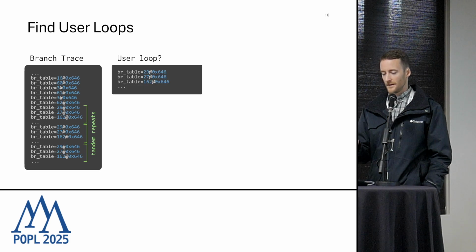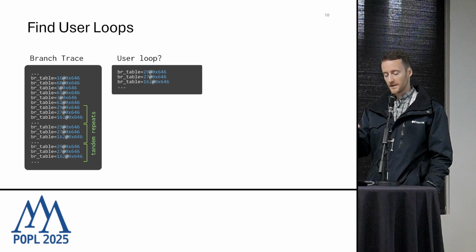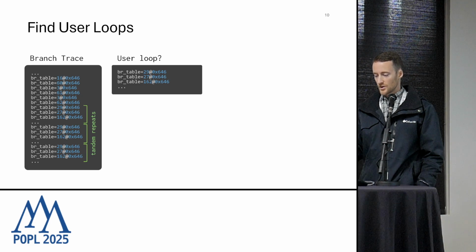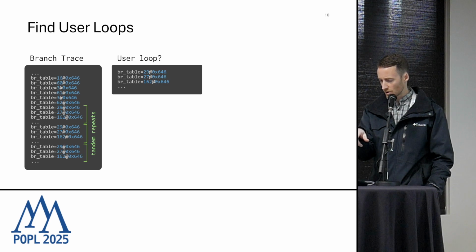But when we get those tandem repeats, is this truly a user loop? You'll notice that the values for this instruction, 29, 27, 162, those are byte